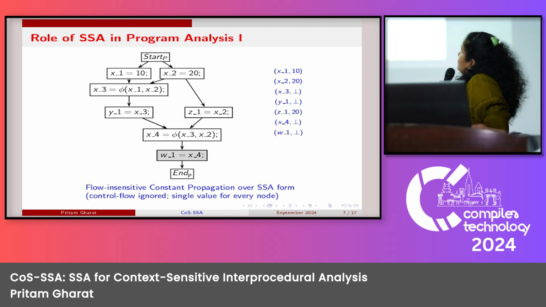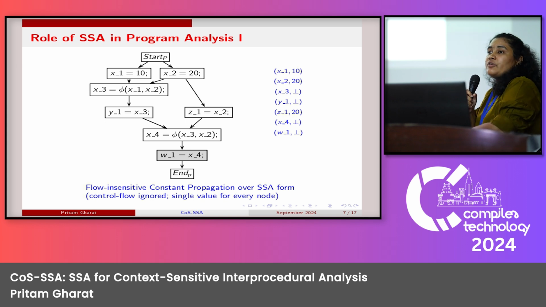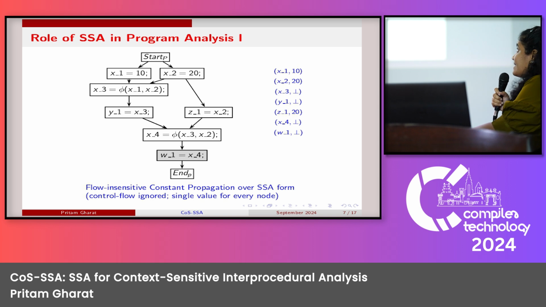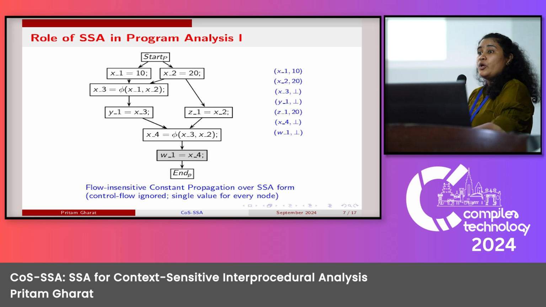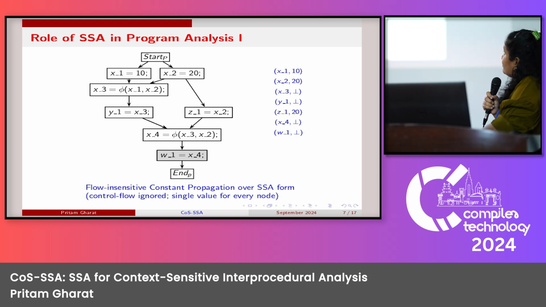So this is how you get efficiency as well as precision if you use SSA for program analysis. All right. So SSA plays a very important role, and this is what we want to exploit. However,